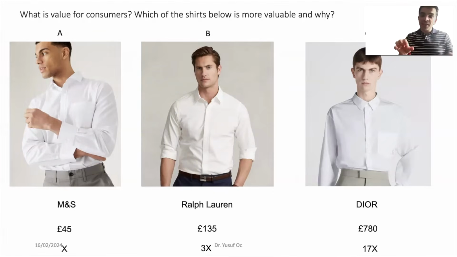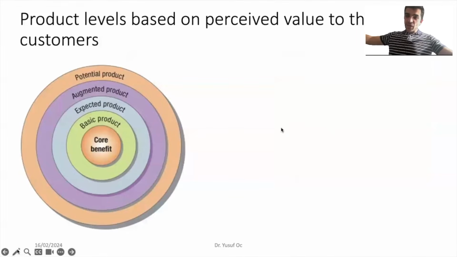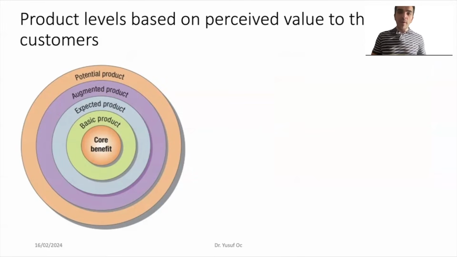Do you think the brand itself can justify this price difference, and why? I don't think the material itself is enough to explain the price difference here. So what else? We need to understand what is valuable for the customer, okay? When we have pricing discussions, don't worry, I'm going to keep discussing this more elaborately, but for the sake of this lesson, just keep this in mind: brand brings more information than the functional value you get from the product.